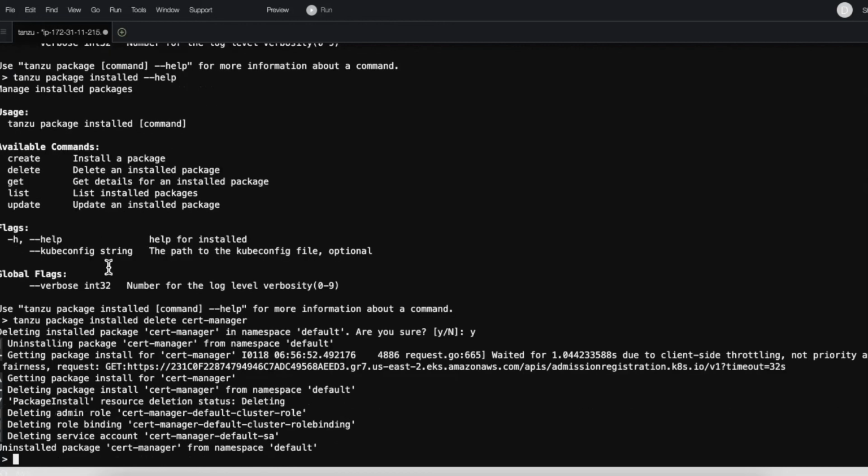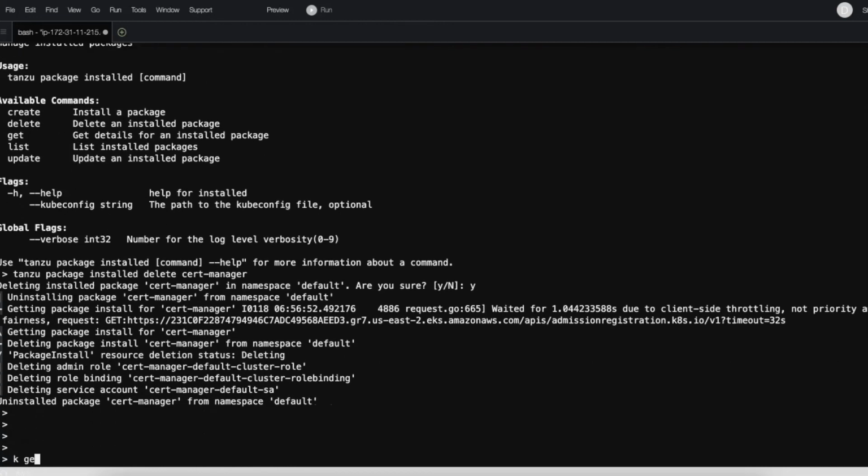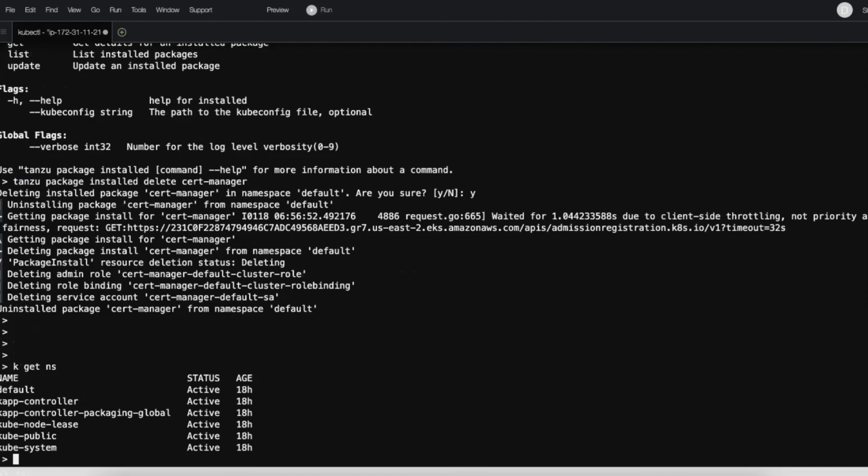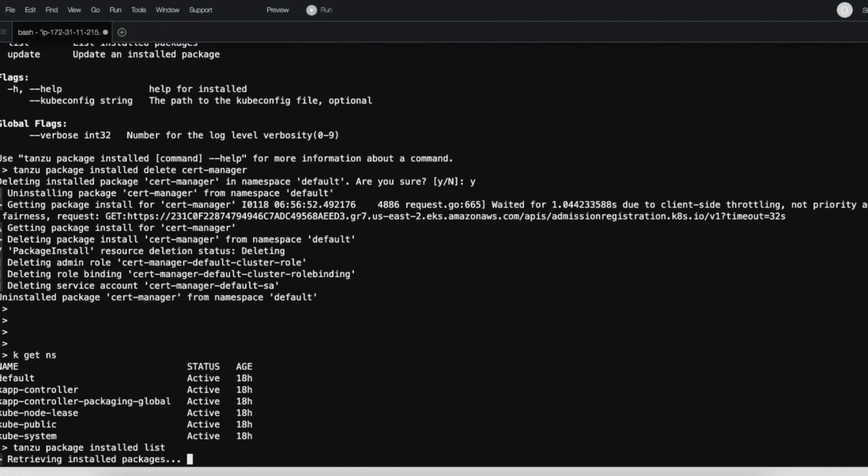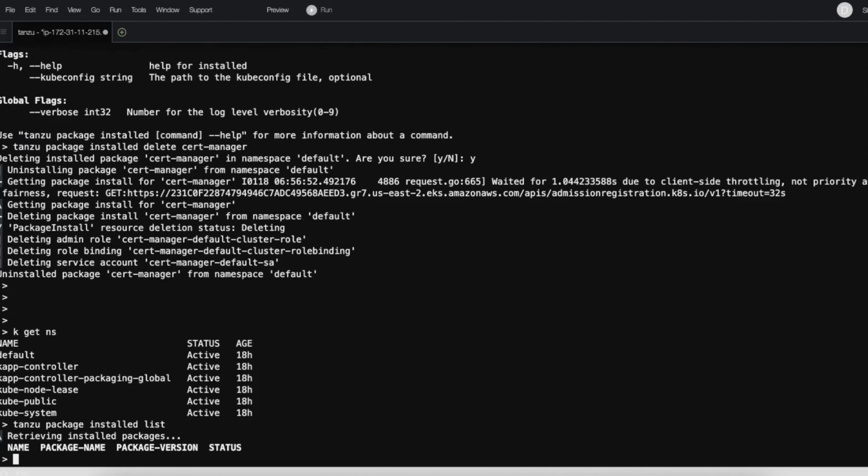So let's just give it a second. Okay, this is done. Now let's see the namespace. You can see the namespace is gone. And now if I say tanzu package installed list, it will say there is nothing available because we have just deleted it.